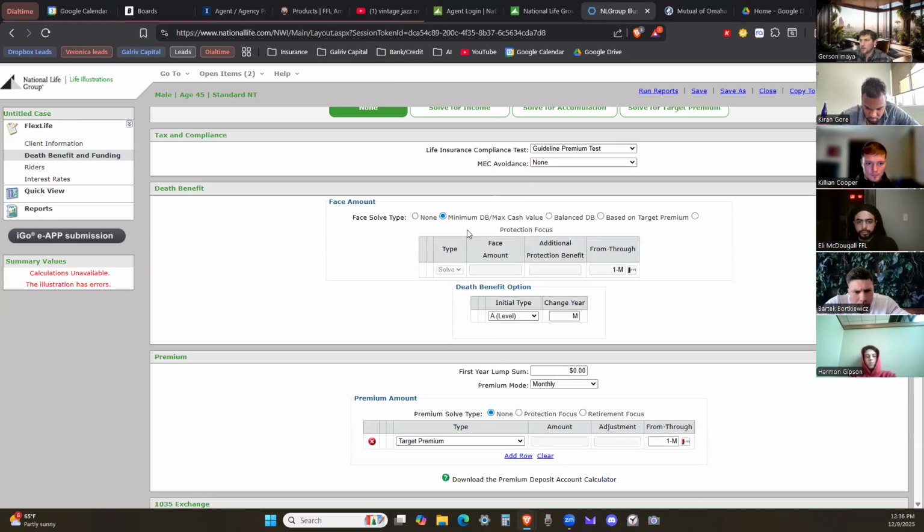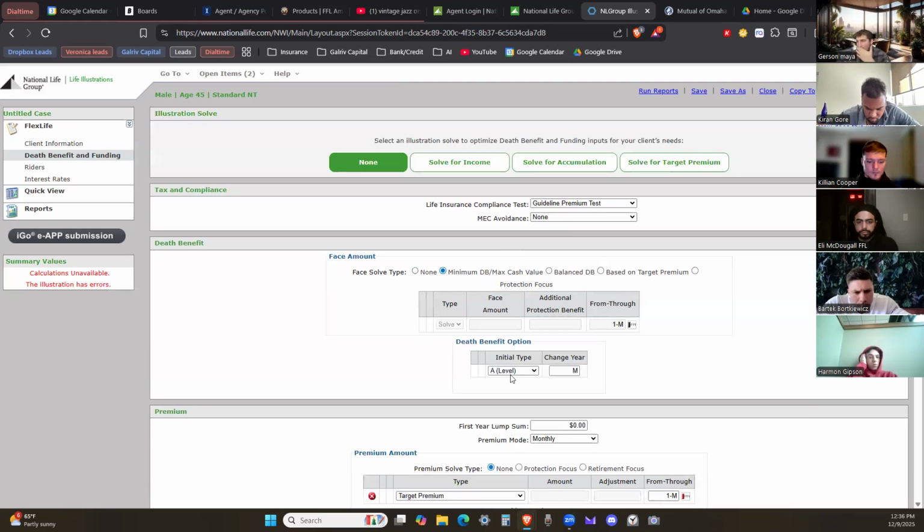You should do minimum death benefit, max cash value, and then this death benefit option between level and increasing death benefit. Very easy way to understand this. A level death benefit is exactly how it sounds. It doesn't change. It's $500,000. It's going to stay that way from year 1, 2, 3, 4 until the maturity of the policy. That doesn't change. With an increasing death benefit, it actually starts off at a lot lower death benefit. And then as the cash value is building, that will also pay on top of that initial face amount. So I'm going to show you exactly what I mean by that.